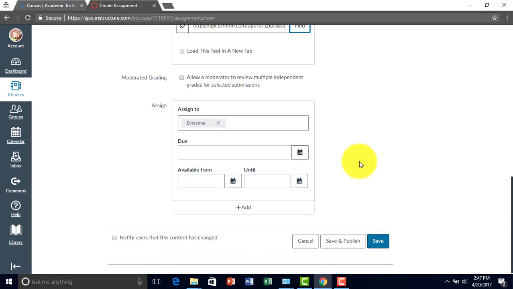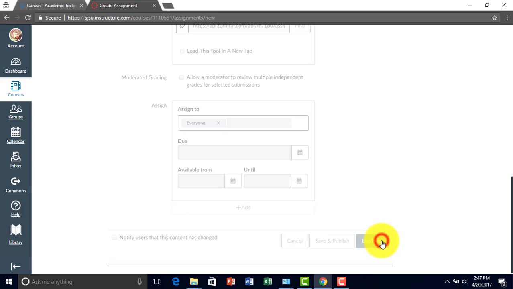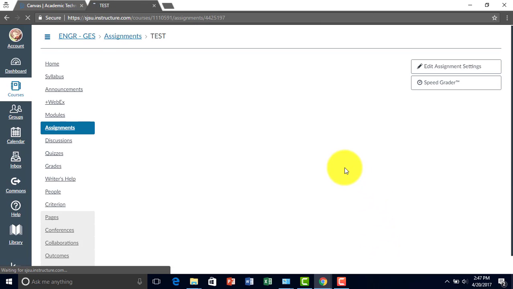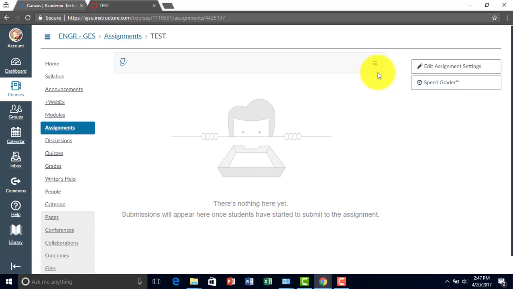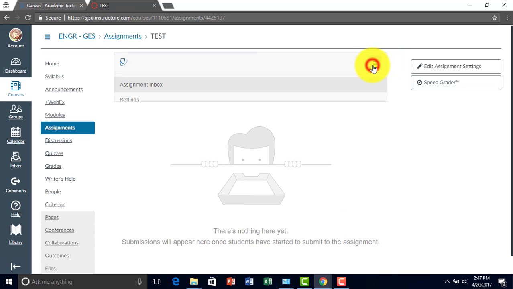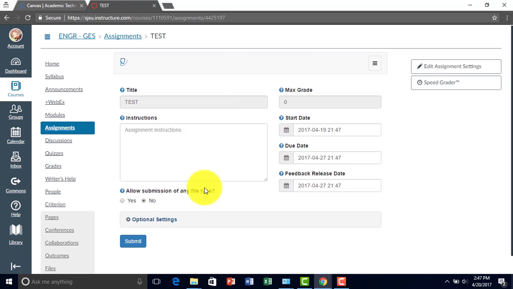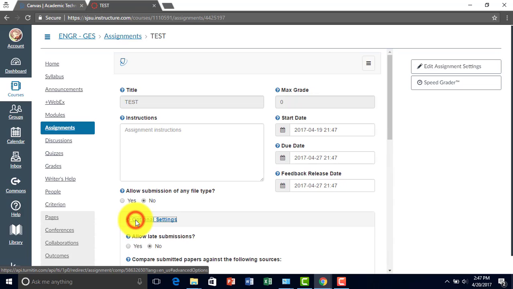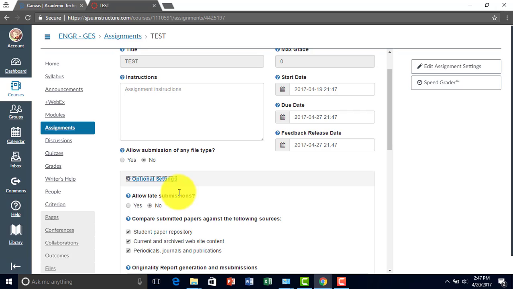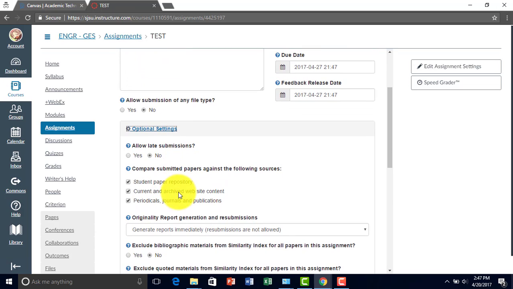Now we scroll down. Just save the assignment for now. And then on the three dots here, click here, settings. And right here are the different descriptions you can make for the assignment and optional settings. So right now this is using TurnItIn externally, which is outside of Canvas, which has a lot more functionalities, which